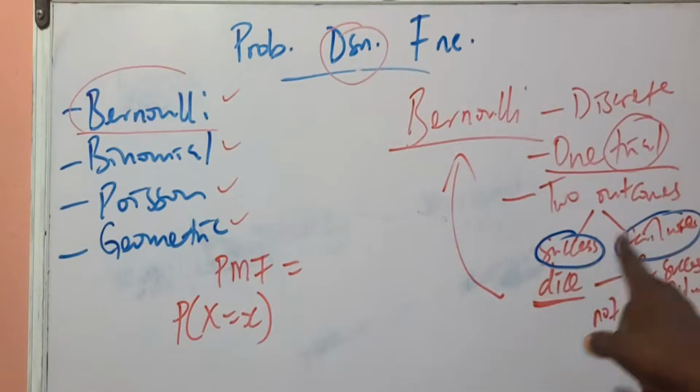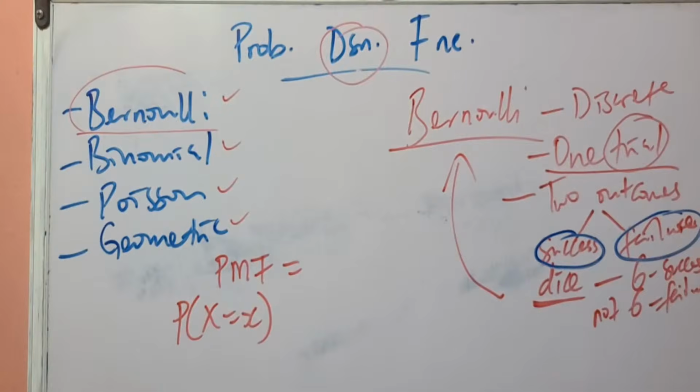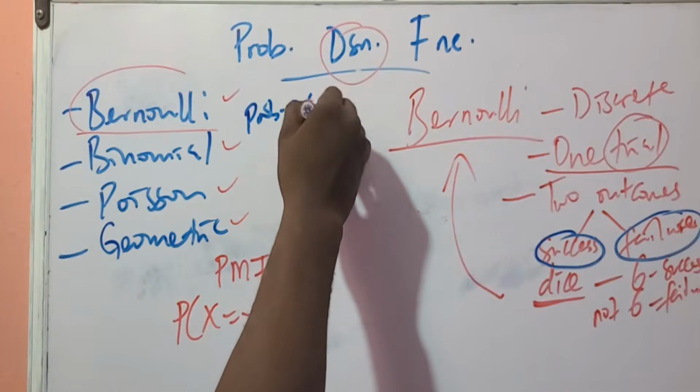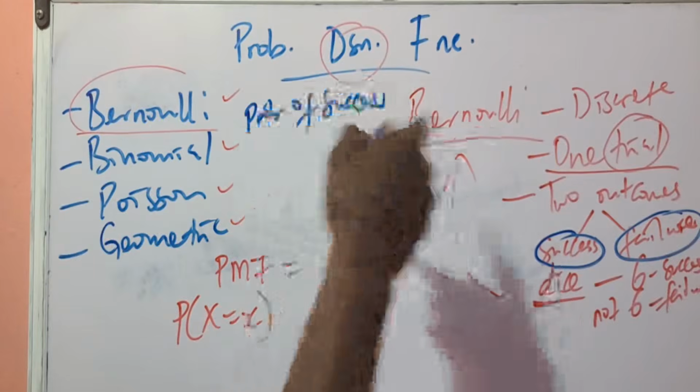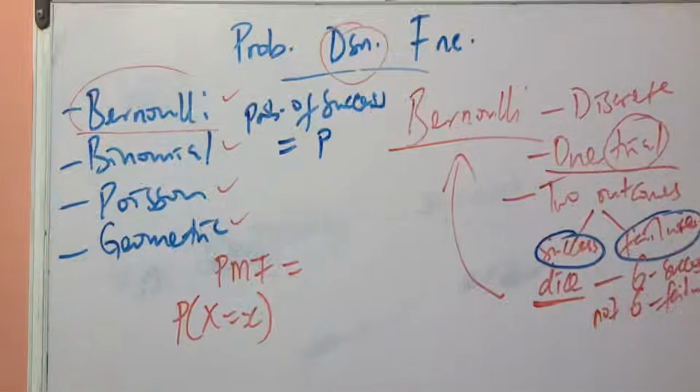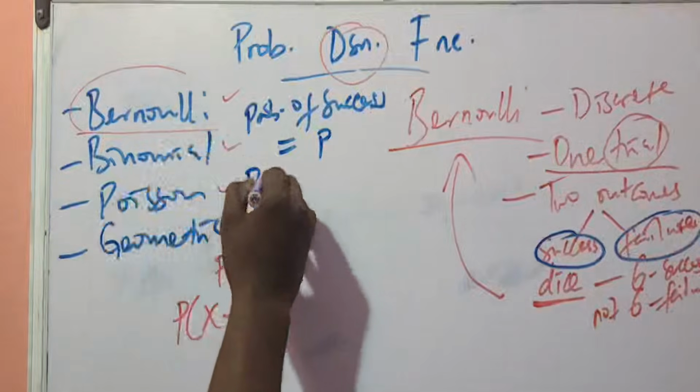Look at it, success or failure. Under Bernoulli, the probability of success is always denoted as P. Probability of success under Bernoulli is seen as small letter p. Now, probability of failure,